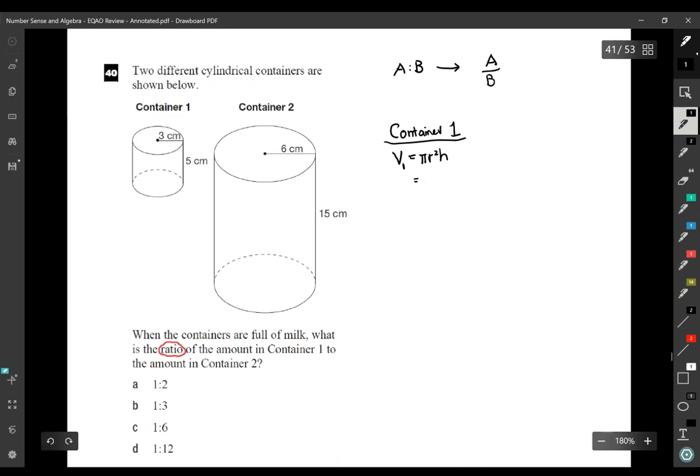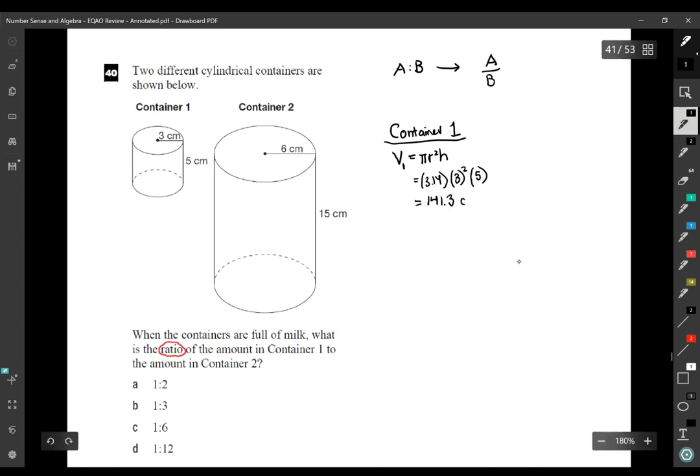For pi, I'm going to put 3.14. For radius, I'm going to put 3 squared. And for height, I'm going to put 5. All right, so I calculate that, and I get an answer of